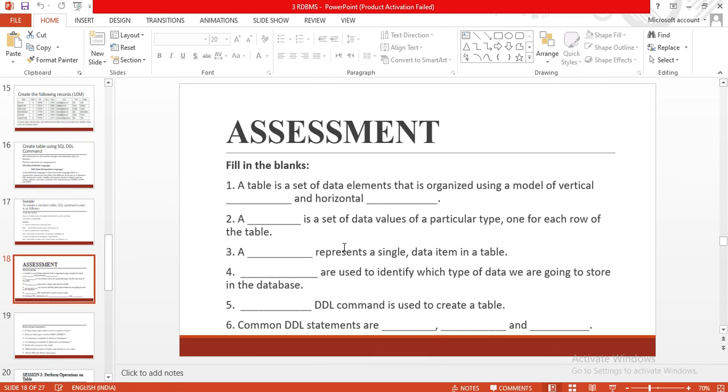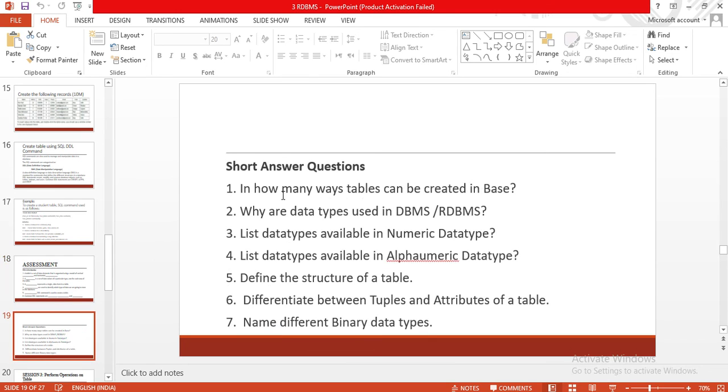Do this assessment in your notebook. Fill in the blanks. From the reader you will get all the answers. And then do the short answer questions. In how many ways can tables be created in Base? Why are data types used in RDBMS and DBMS?